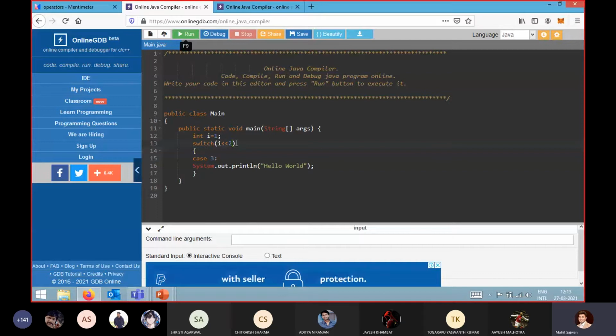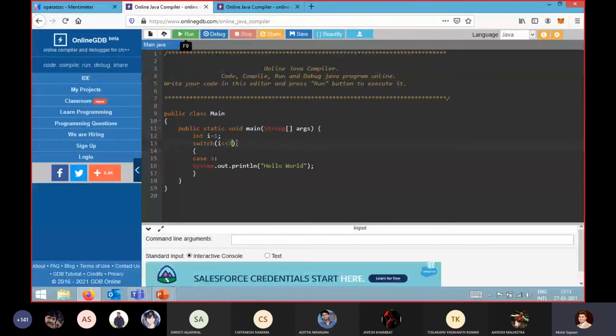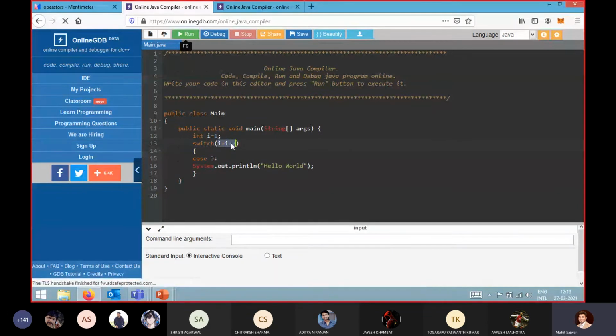Okay. Now, using this code, I'm 100% sure that all of you will understand the entire concept of the switch statement. So let's take the case. Now what I told you is that in a switch statement, you can write any expression. What we generally write, you can use i = i + 2, i = i + 1. You can perform a switch operation like this. So if I perform i = i + 2 over there, in reality the value I will get for i is 3.